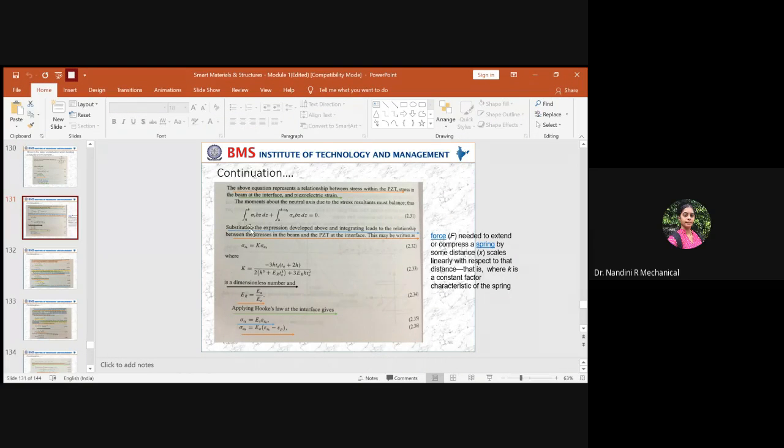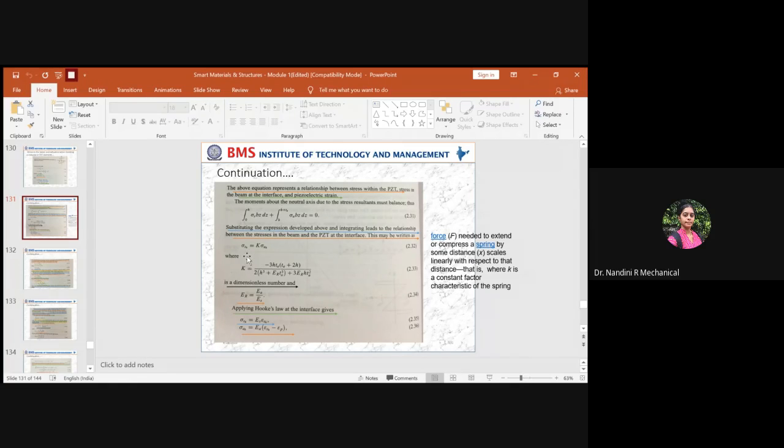So this bending equation will help to provide a relation between the stress across the structure and the stress across the actuator, because you can see both the terms here together, right? So the stress across the structure will be equal to the stress across the actuator with one proportionality concept. This K is the constant value, and K will be given by this many terms. There is no derivation for you. You have to show the bending moment and you should say that this bending moment helped to get a relation between the stress across the structure as well as the strain.